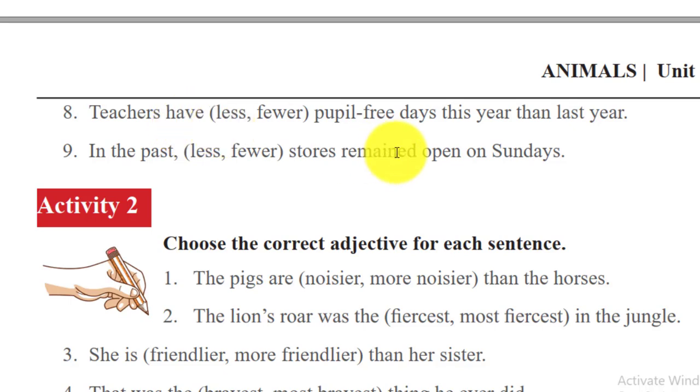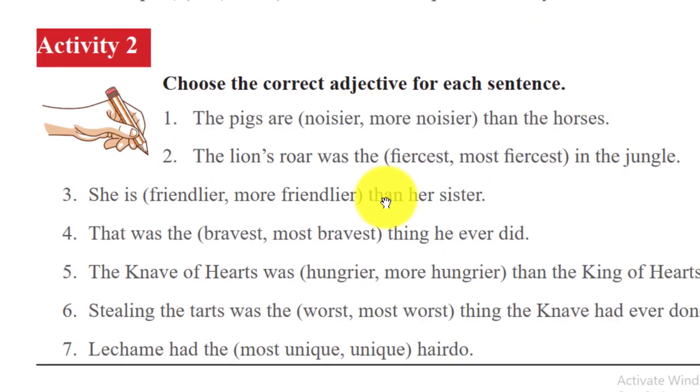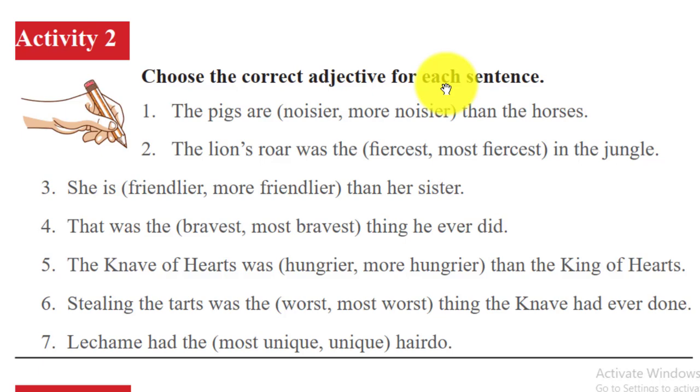Number 8: teachers have blank people free days this year than last year። ይሄን this year እና last year እያነጻጸረ ነው፤ than የሚል አለ። ስለዚህ እዚህ ጋር መሆን ያለበት ምንድነው? Comparative adjective ነው። ስለዚህ the answer will be fewer people ይላል። ያው ስለ ተማሪዎች ነው፣ countable ነው። Number 9: in the past blank stores remained open on Sundays ይላል። in the past እንግዲህ past እና present ያለውን ነገር ያነጻጸረ ስለሆነ the answer will be comparative ነው፣ fewer stores ይላል። stores is countable ይሆናል ማለት ነው።